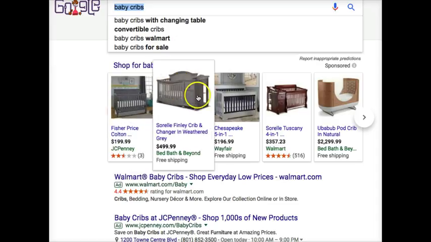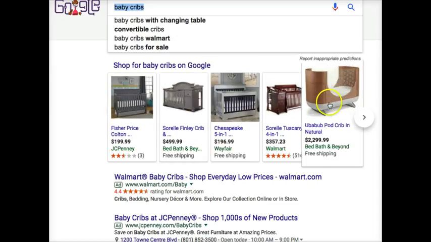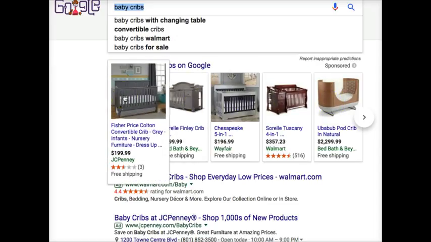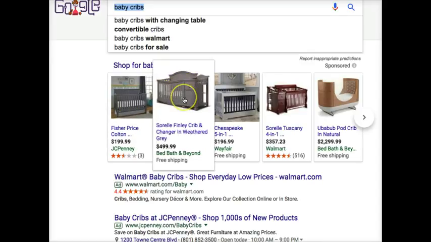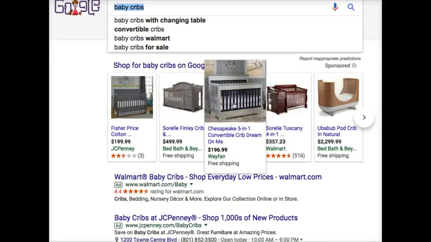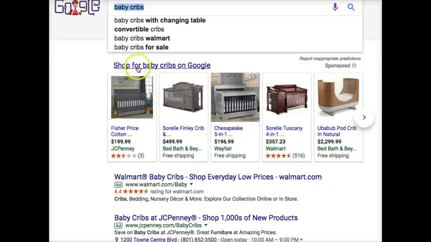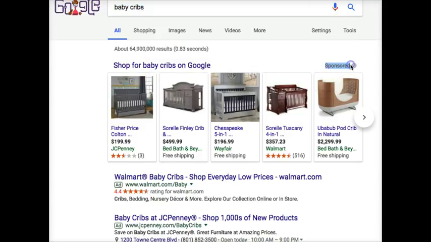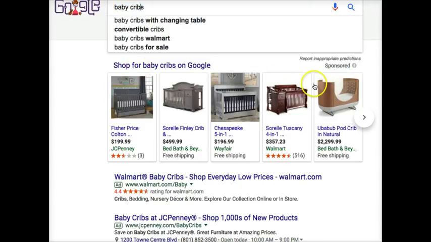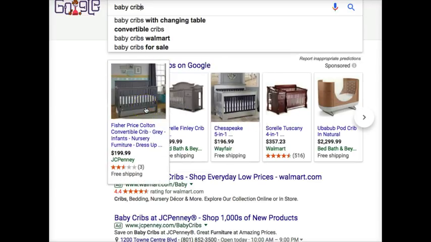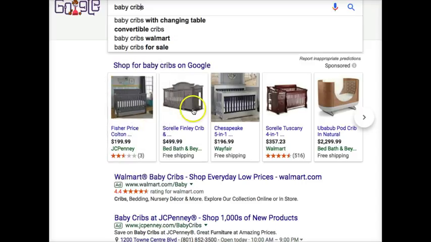Now they put their Google Shopping ads right up front here. These people are all paying for this privilege of being shown right at the top of Google. If you want to pay Google to be shown up here, you can see right here it says sponsored. So if we want to pay Google to have our products shown there, we can upload our products into Google's database, and pay to have these ads.